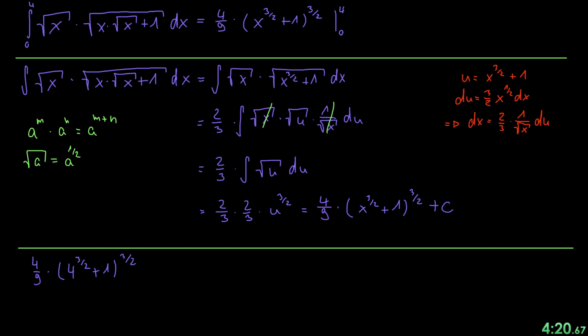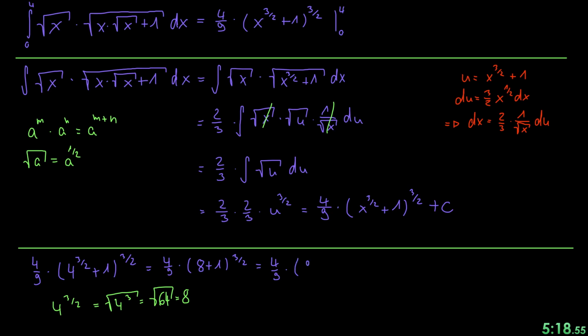Okay, so what's this? 4 to the power of 3 halves, that's our problem here, is equal to the square root of 4 to the power of 3. Now, what is 4 to the power of 3? 4 to the power of 2 is 16. 16 times 4 is 64. So, what we're going to end up with is the square root of 64, which is equal to 8. Plus minus 8 usually, but we're going to assume it's positive 8. So, we have 4 over 9 times 8 plus 1 to the power of 3 halves,